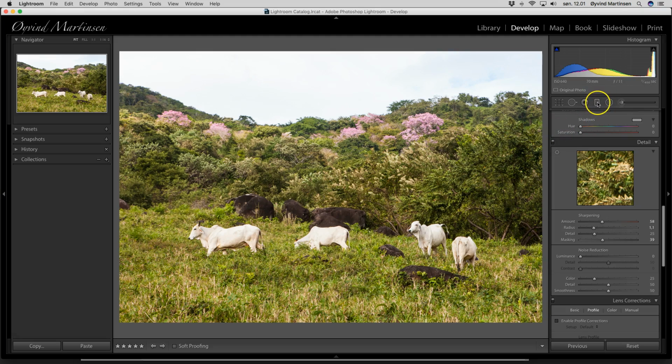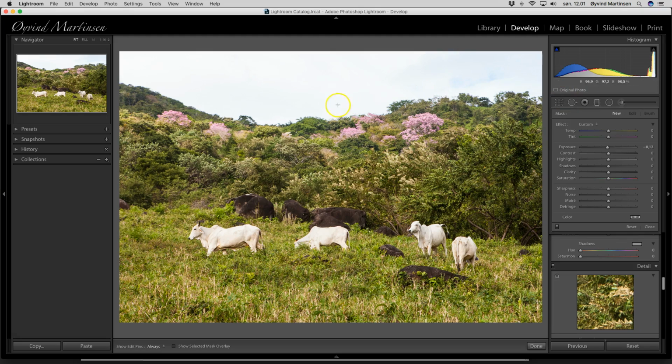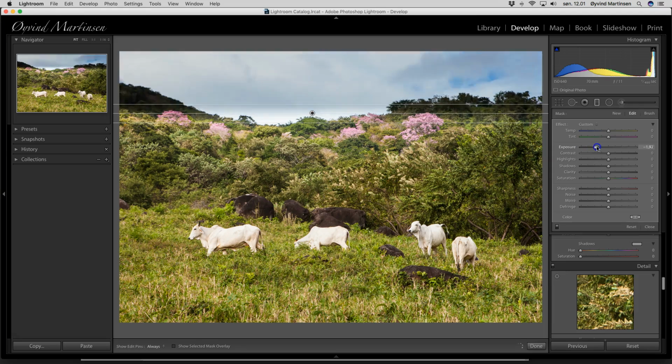So I go to the built-in graduated neutral density filter, it's here, and I click on it, and I click here and drag downwards, not much but a little bit there, and this is the area I'm working now, but I don't want to do so much, just a little bit darker tones. I think we are there, yeah,